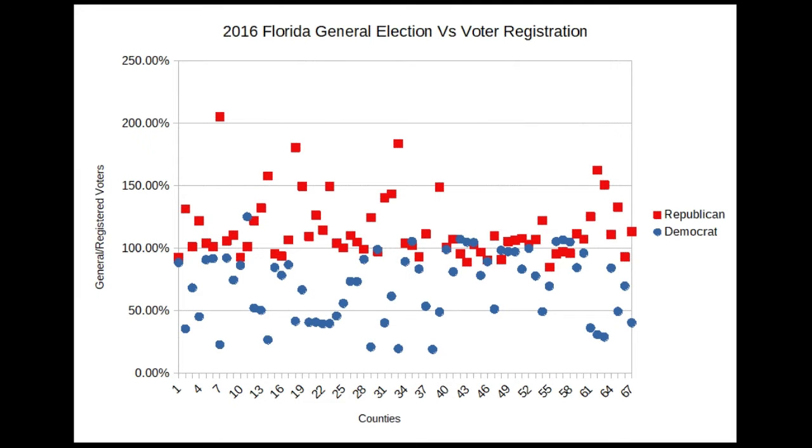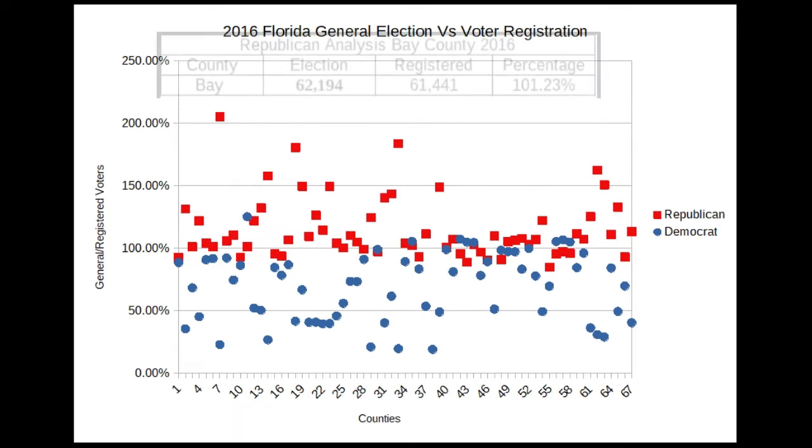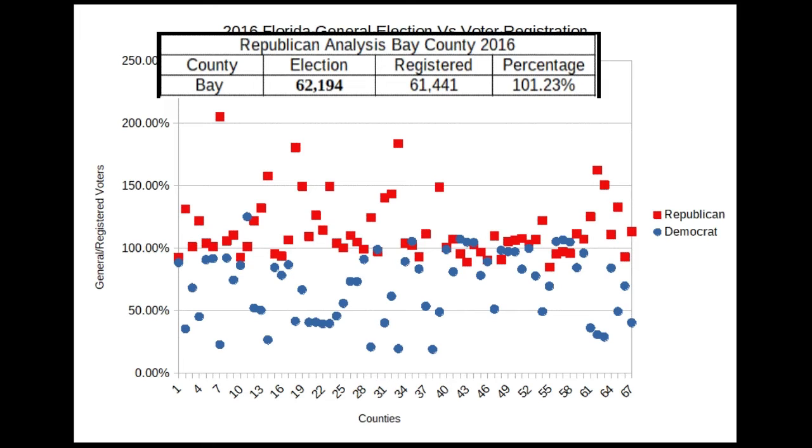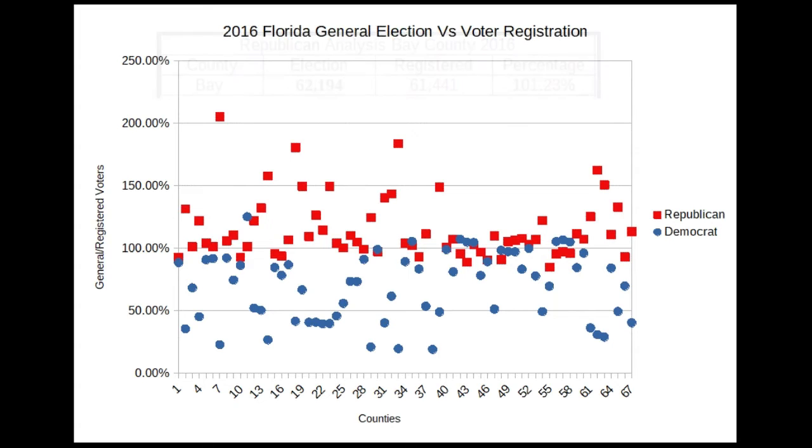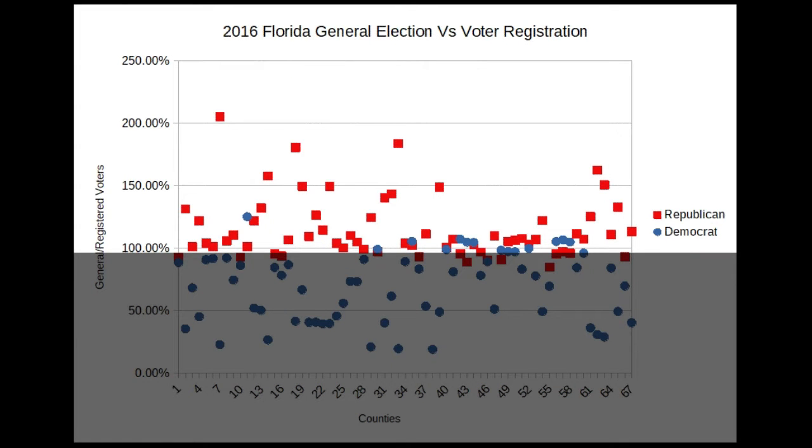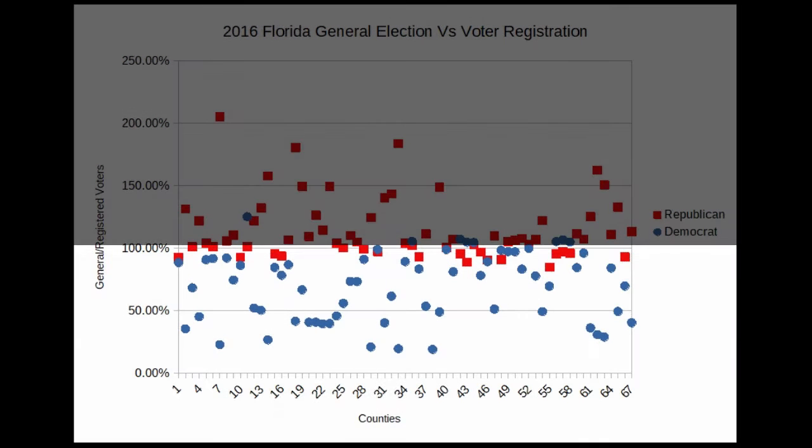To further show what is going on, I made this graph to compare the general election to the voter registration directly. At 100%, the registered voters match the votes during the election for that party in that county. For example, in Bay County, there were 61,441 registered voters, and during the election, Trump received 62,194 votes. Dividing the two yields 101.2%. To be above 100% means that the party was underrepresented, to be below 100% means the party was overrepresented,